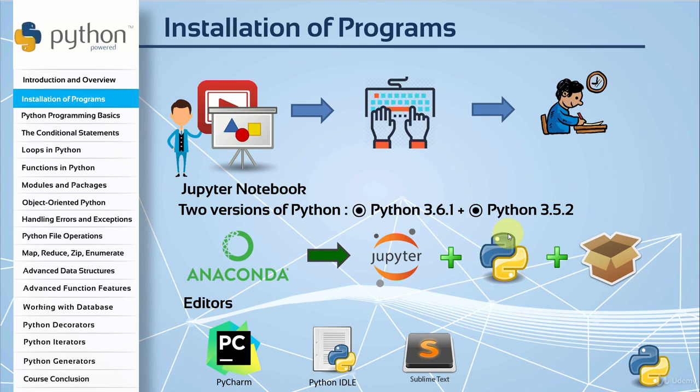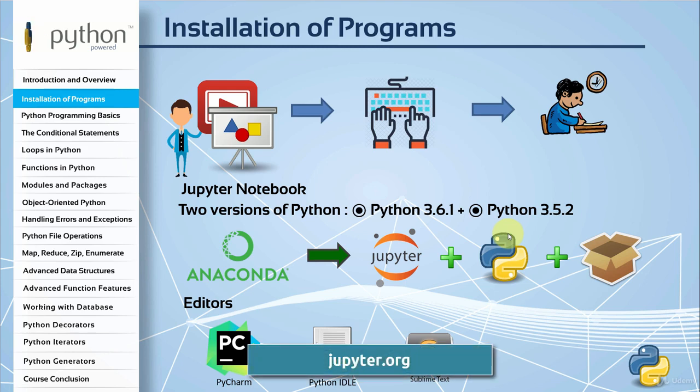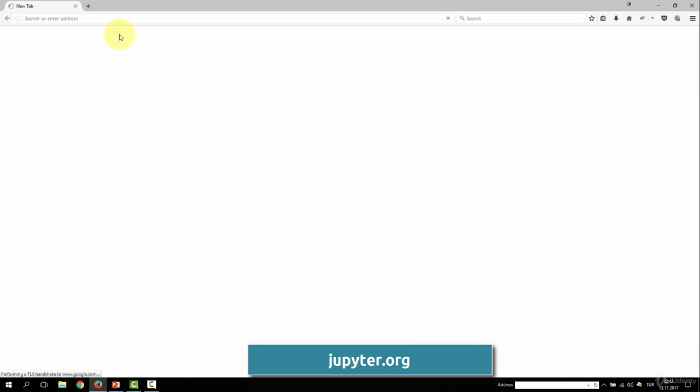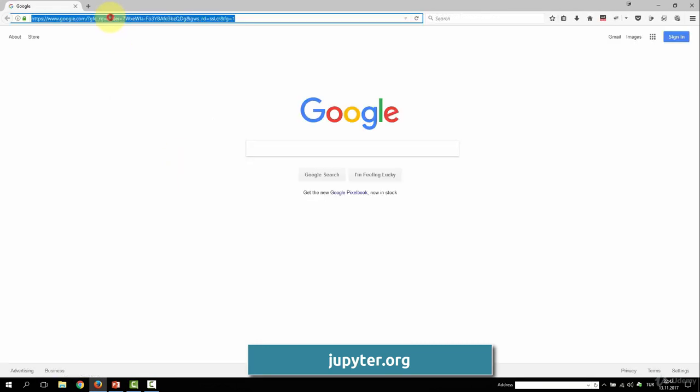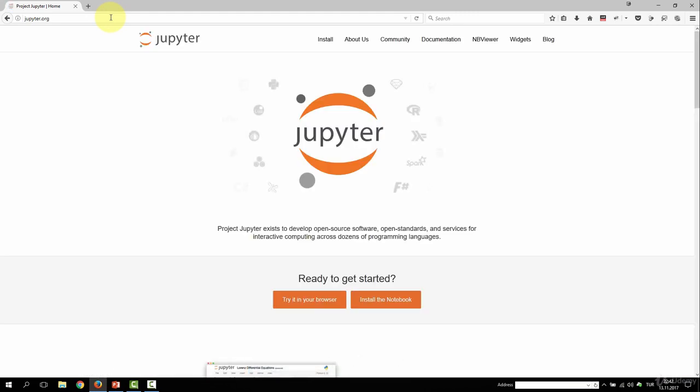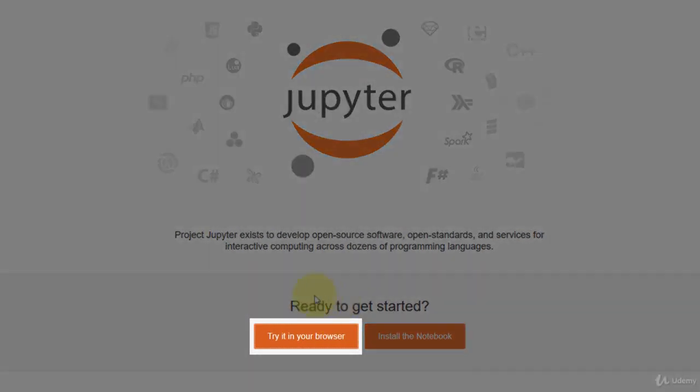Now, if you wish, let's open the jupyter.org website and try to download and install Jupyter Notebook. Let's first try to figure out what the Jupyter Notebook system is. So I can say in here, try it in your browser, as you can see, and I'm clicking on this button, and as you can see,